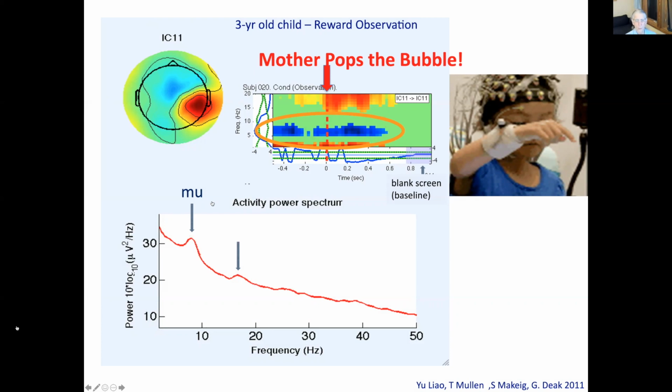This is, of course, highly reminiscent of what was found in monkeys at the single neuron level, the so-called mirror neurons. This was not mirror neurons. This was an effective source area of cortex that showed this behavior, not only in the overt movement case for the child, but also when the child watched the mother make a similar movement with a similar goal and results.